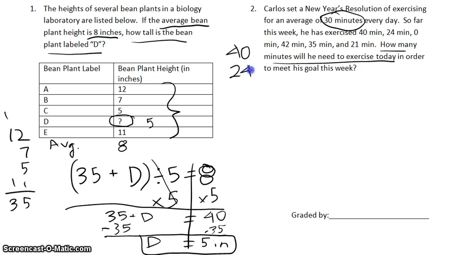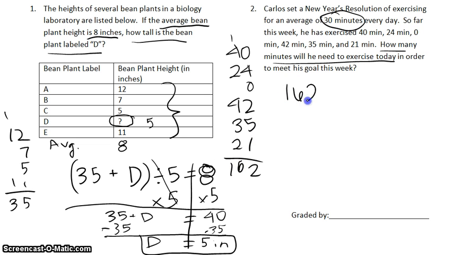So 40, 24, 0, 42, 35, and 21. So I have 6, 8, 12, 5, 6, 7, 11, and 14, 15, 16. So 162 minutes in the first 6 days of the week, plus